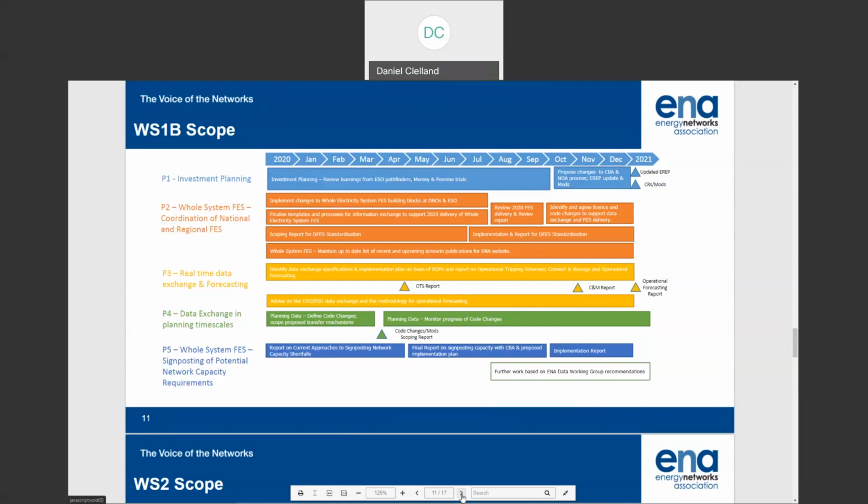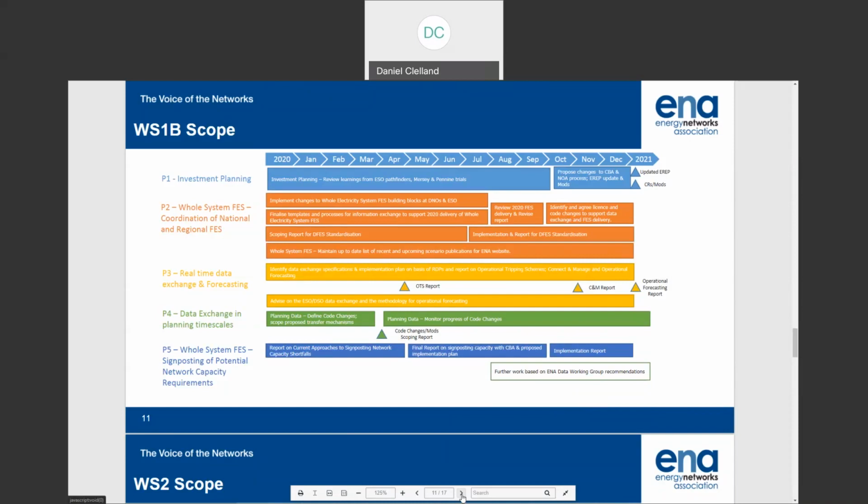It's very difficult for us to prejudge implementation timescales for any standardization of the DFES because it depends on the scale of system change, process change, resourcing and everything else. So you'll see what we've defined in here is a scoping report that is intended to make recommendations for change, but depending on the scale of those changes, the implementation plan will depend on that.